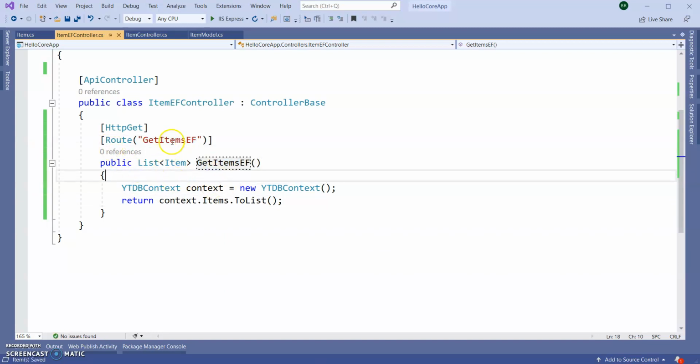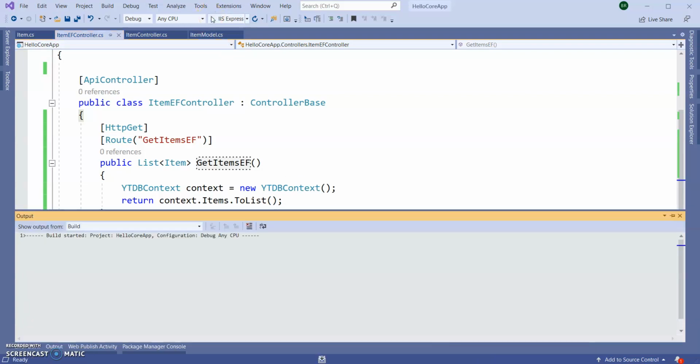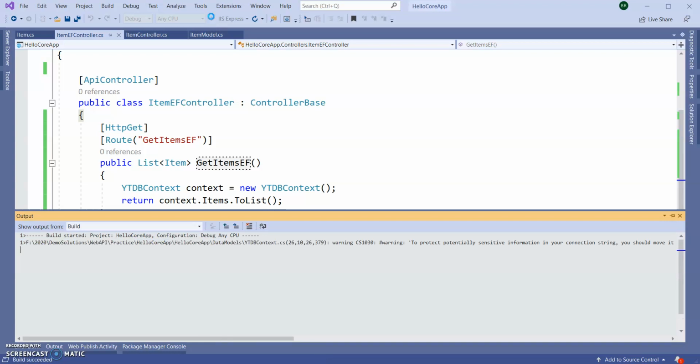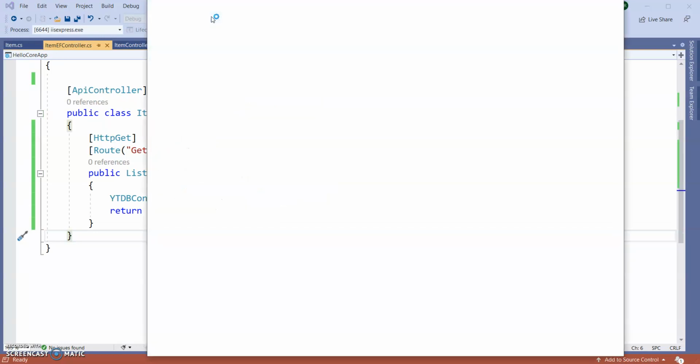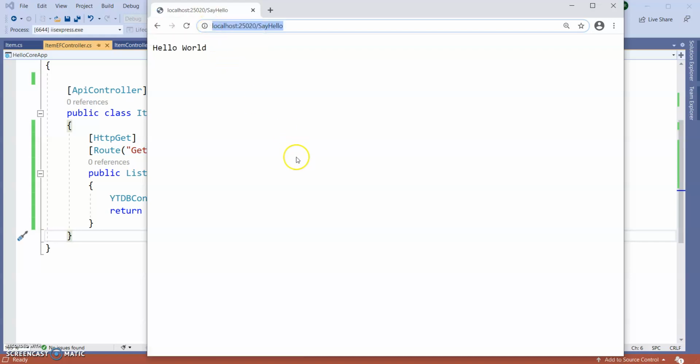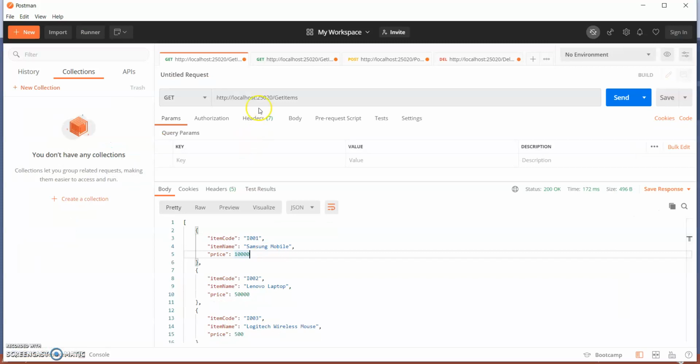I'm just giving the same route name. Let's see if this is working properly or not. Okay, so we have get items. Previously we were using get items.